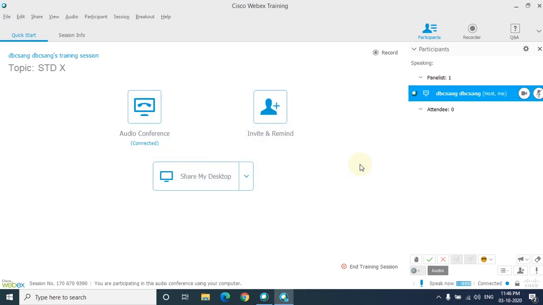It will check whether your audio is all perfect, and then automatically if you close it, you can see this is my audio button, the same thing we saw in Meet. We have both video as well as audio. If I want to speak in a meeting, I have to click on this. When I click on it, you can see it is red in color. Red in color means I am muted. Muted means whatever I speak, nobody will be able to hear. So it should not be red in color if you want to speak.